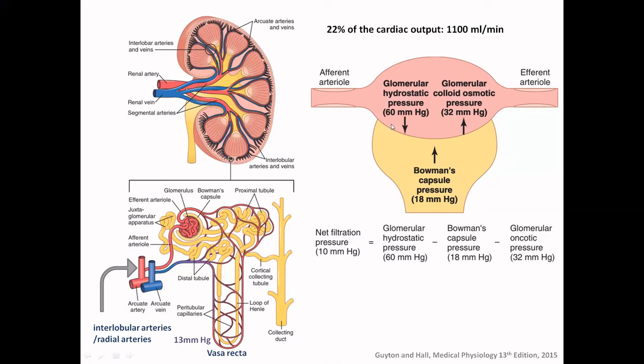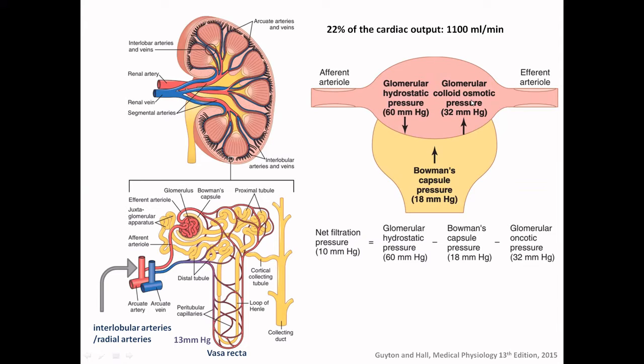So the hydrostatic pressure is the amount of the blood or the plasma present that results in a pressure of almost 60 millimeter mercury, and the colloids, the various molecules present like the protein molecules, small molecules, result in the glomerular osmotic pressure that is 32 millimeter mercury. So hydrostatic pressure leads to pushing the plasma from the capillary into the Bowman capsule,